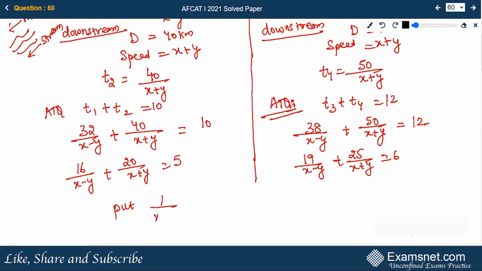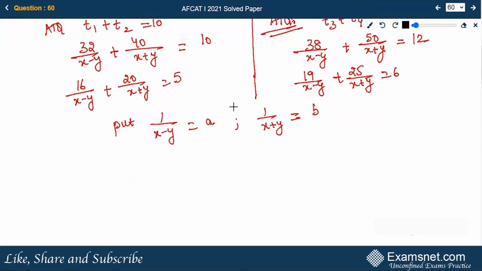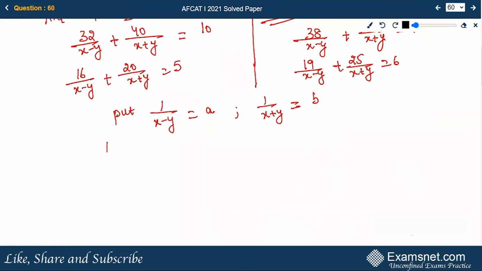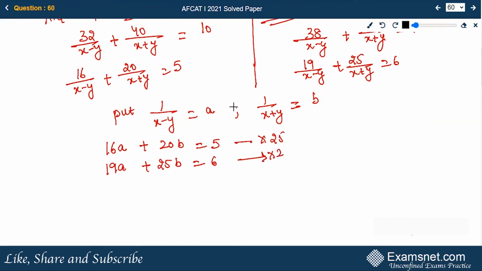Put 1 upon x minus y is equal to a, and 1 upon x plus y is equal to b. So the two equations now will be 16a plus 20b is equal to 5, 19a plus 25b is equal to 6. Multiplying this equation with 25 and this with 20,